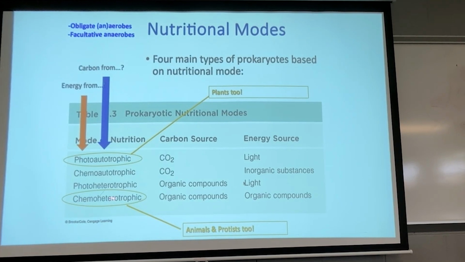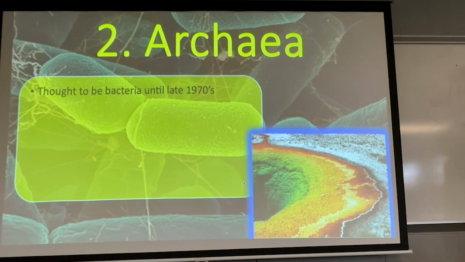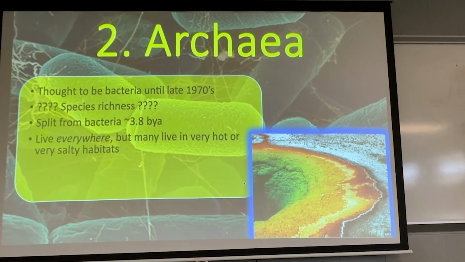So when you see these words, or you're learning that proteobacteria are photoautotrophs, chemoautotrophs, and chemoheterotrophs, then you'll know what those terms mean when you can come back and look at this table. So that's bacteria. Now we're going to do archaeans. So basically, we talked about LUCA yesterday. We did the bacteria line, the oldest living line of organism. And now the archaeans, which are more closely related to us than bacteria,